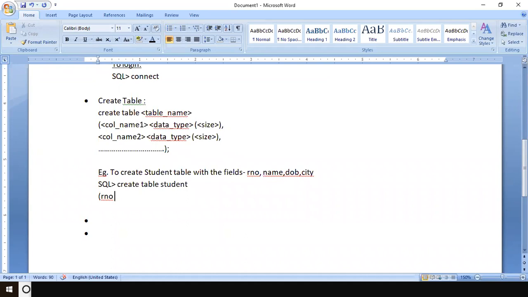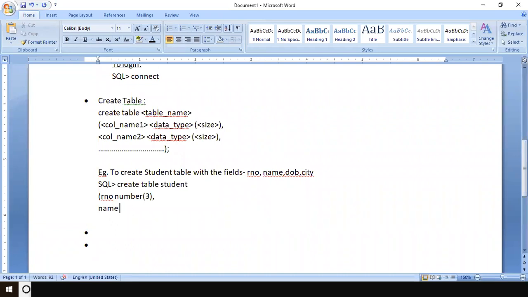So there are many data types, but right now we will be using simple ones. One is number. So roll number, we are going to take it as number. Then the size should be specified in round bracket. So roll number can be a maximum of 3 characters. So size means, don't think that it is the actual value. Here size means digits, how many digits you're going to have. So in roll number, I'll take 3 digits. Then I give comma. For the next column, I go on the next line.